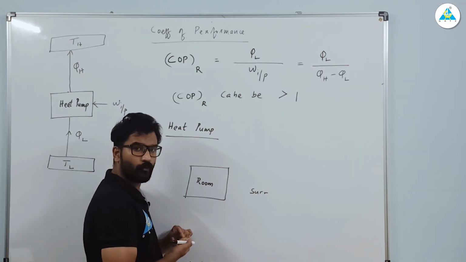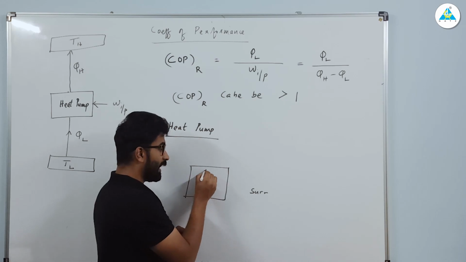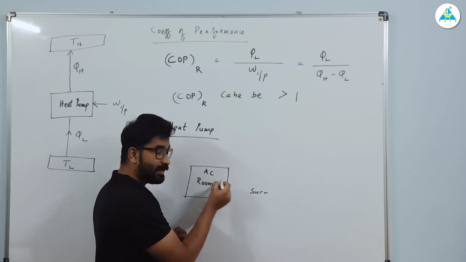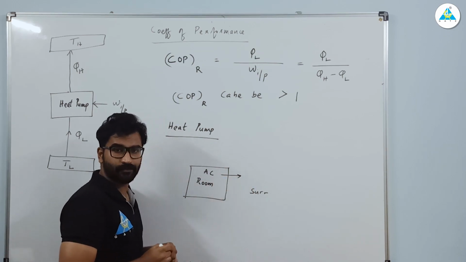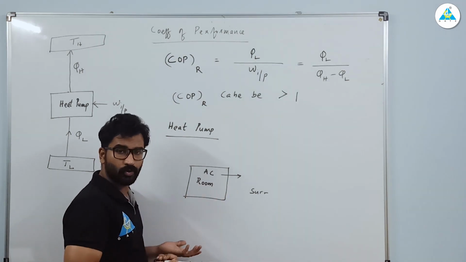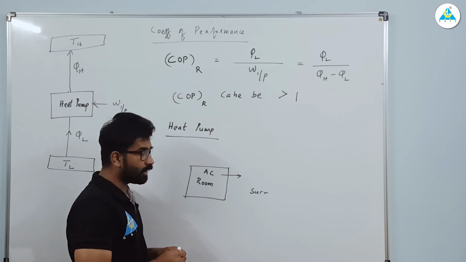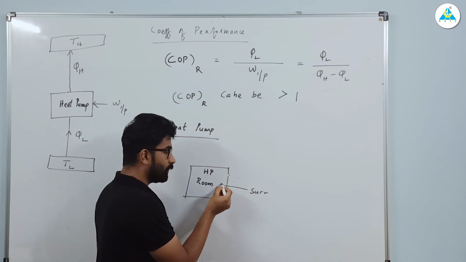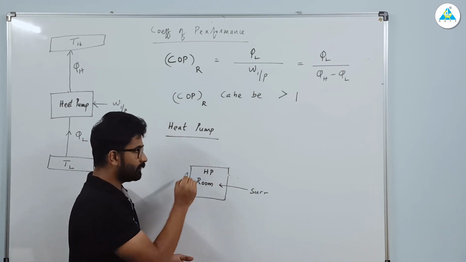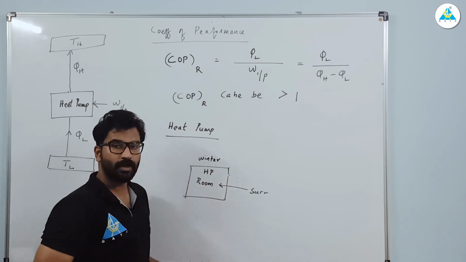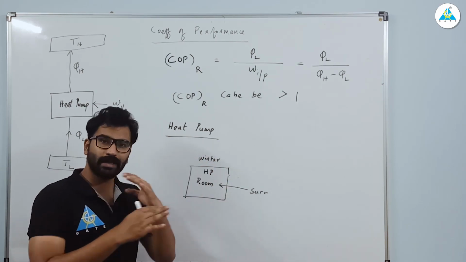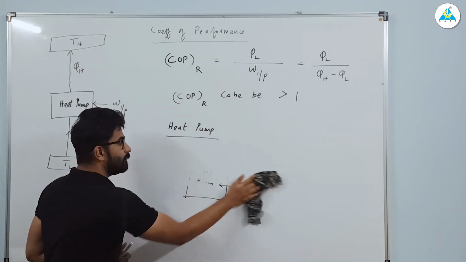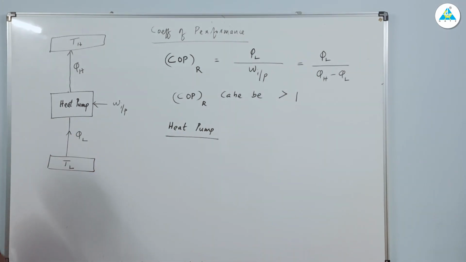During winter what happens, or during summer what happens? We have an AC, so AC will take heat from the room, sorry, from the room, and it will reject it to outside, so that what will happen? Your room will always be at a lower temperature, right? Now in winter, what will the heat pump do? Heat pump will take heat from the surrounding and will heat up the room, right? This happens in winter. Why are we using a heat pump during winter? Because we want to heat the particular room, right? Simple meaning. You have the same block diagram in case of heat pump, but only the objective will be different.